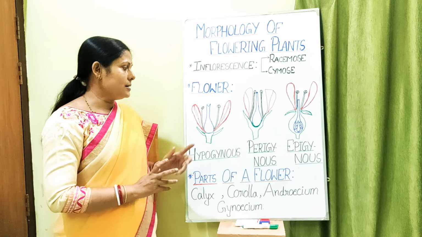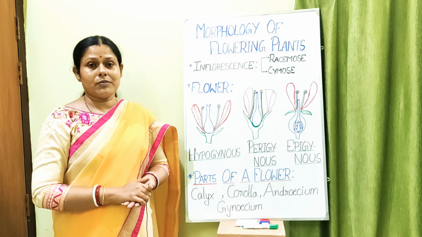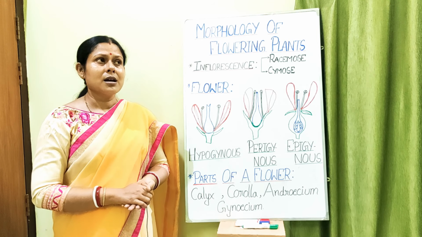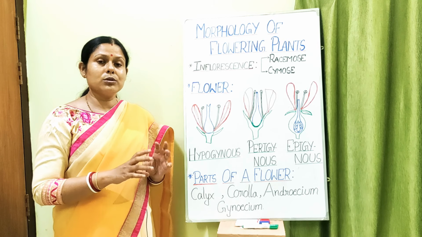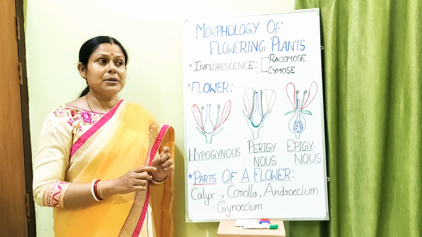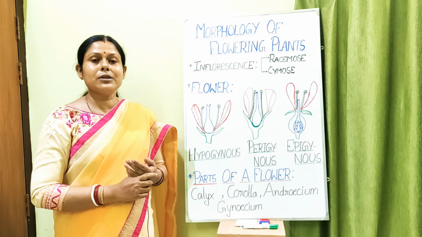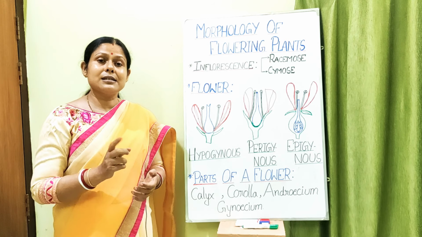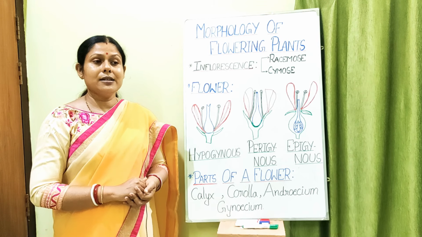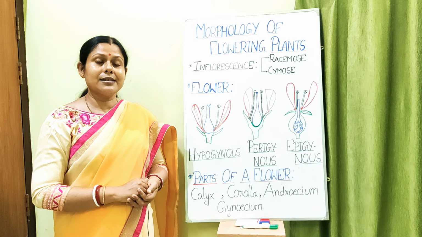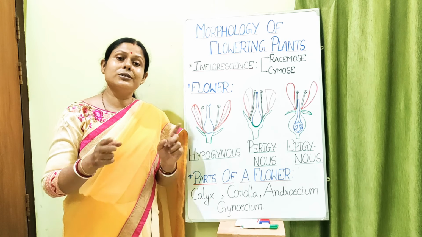And those flowers in which either the female part is present or the male part is present, we call them unisexual flowers. Sometimes in some plants unisexual flowers are born on different branches. That means the plant has both male flowers and female flowers on the same plant, but the flower is unisexual, not bisexual. In which type of plants can we see this? We can see it in plants like pumpkin, the cucurbita family, in bitter gourd, in bottle gourd. If you look, you will find that there are separate male flowers and separate female flowers, but they are born on the same plant.